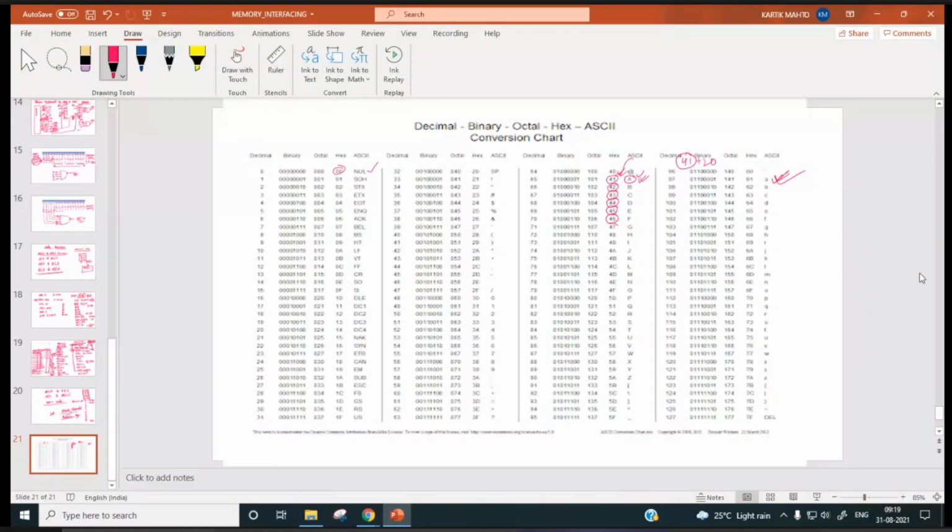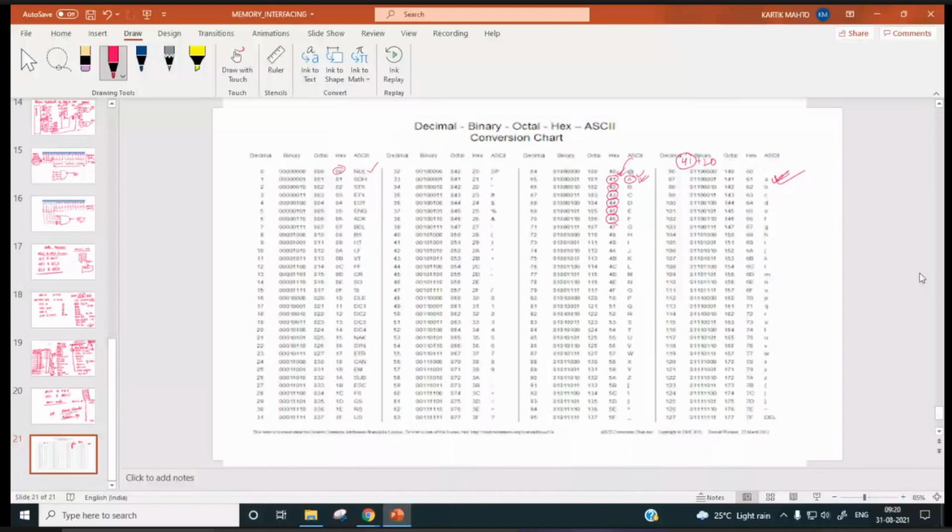Similarly, you can see 0 to 9. Where is 0 to 9? 1, 2, 3, 4 is there. Sir, hex code 20 for 0? No, it has to be 30. Now, this is decimal 0, 1.